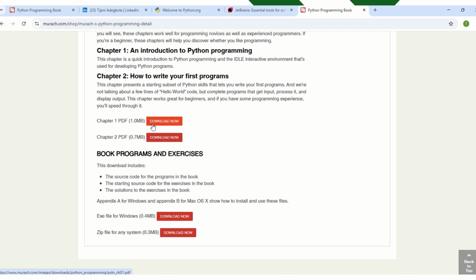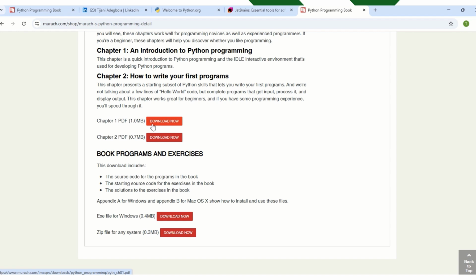To be honest with you, when I first heard about Murach's textbooks, I bought my SQL. After reading my SQL, it was so captivating. I couldn't wait. I went ahead and bought another one, Murach's Python for Data Science.